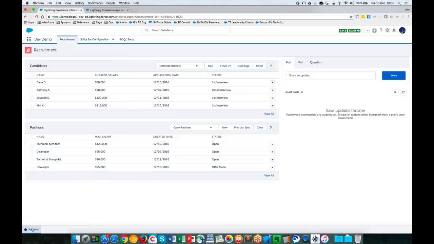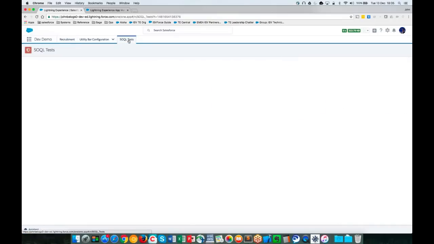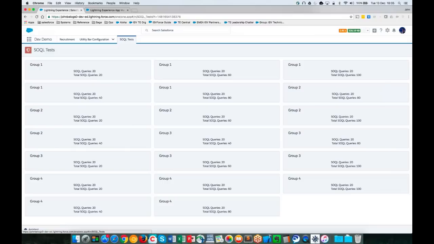Let me just close this. One other thing that I just wanted to quickly cover is how we can manage around SOQL limits. So I actually created a component, and I'll just open this page here, a component that actually executes 20 SOQL queries. I think it's probably executing them against a standard object such as account. And what it also does is to check what the limit for that particular transaction actually is at that point